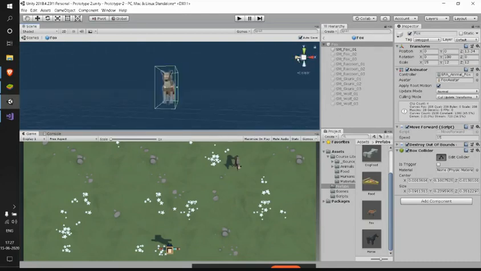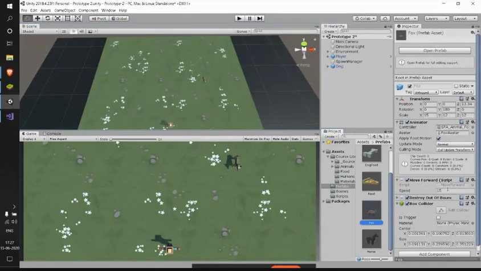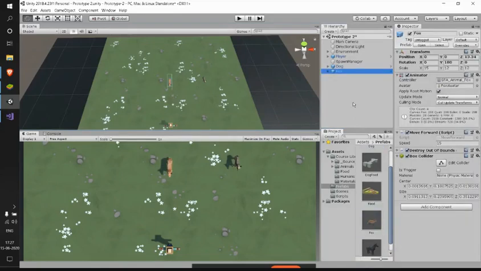Okay, let's get back to our normal mode and see our Fox prefab has this box collider, and when I click that here, we have the same thing back. Why do we need to use the collider? As we said, our game as of now does not detect any collisions, right?